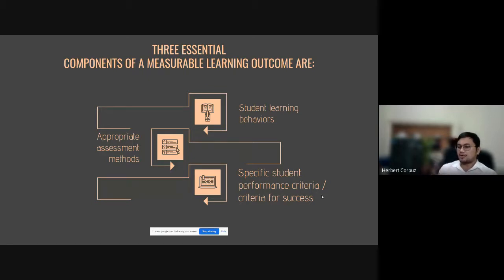If they are able to write learning outcomes along these three domains of learning, then that is the criteria that they need to satisfy. That is a perfect example of a learning outcome having these three components: student learning behaviors, appropriate assessment methods, and specific student performance criteria. Okay,